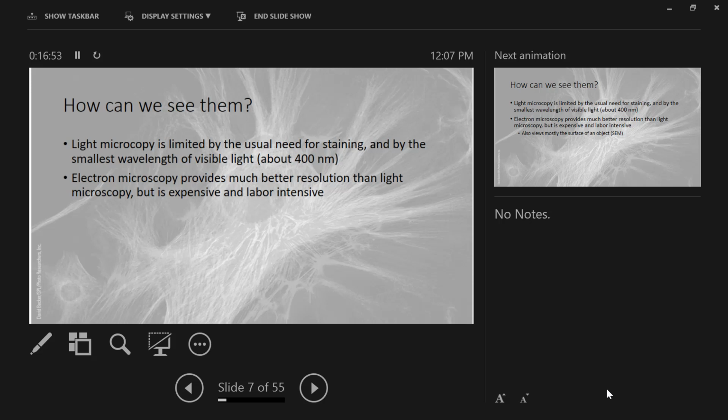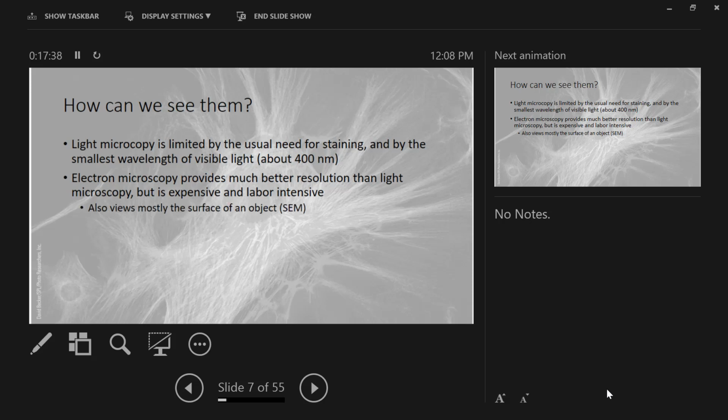The wavelength of an electron is way smaller than the wavelength of the smallest photon of visible light. And so the resolution of electron microscopy is much, much better than light microscopy. You can see structures much smaller than you can with light microscopy. When we started using electron microscopy, really started using it a lot in the 1980s, it was amazing to see how much detail there is on the outside of a cell. Because it's just kind of like this idea of, oh, it's just a membrane. But then you look at it and you're like, wow, there are a lot of really complex structures on this membrane.